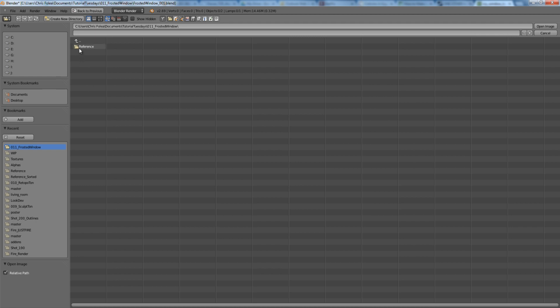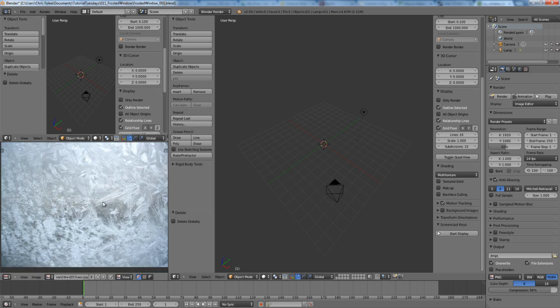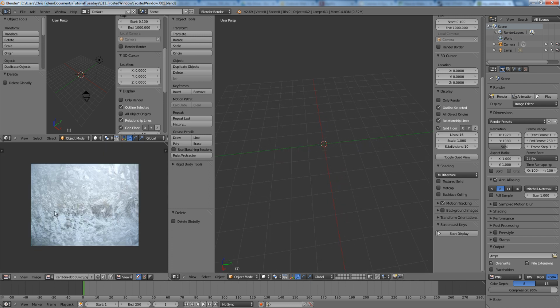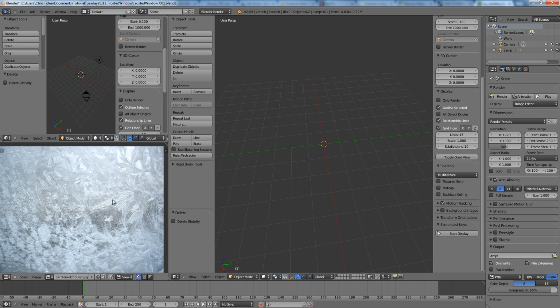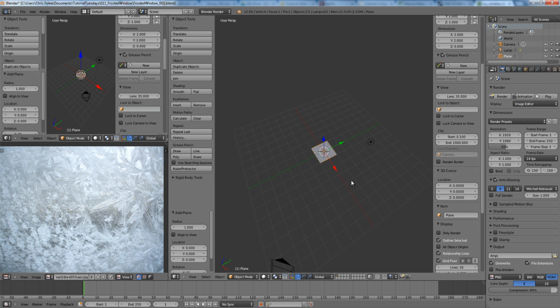So in real life, ice looks like this when it frosts over a window. It has all these cool, almost floral patterns, and I didn't feel like painting a texture for a tutorial tonight, especially since the focus is going to be dynamic paint. But if you all really want to, you can explore doing textures like this on your windows. So let's go ahead and get started on how to use the dynamic paint feature to make a window frost